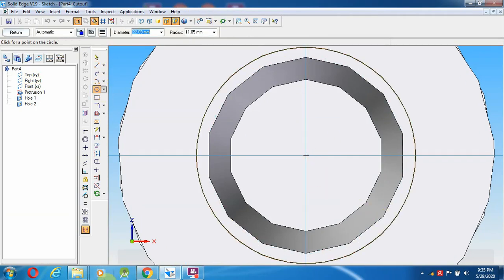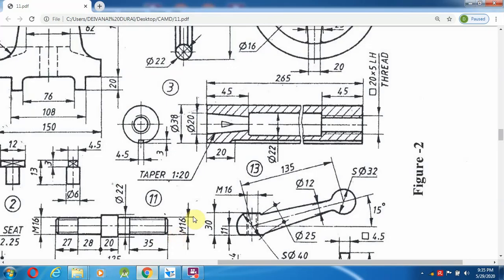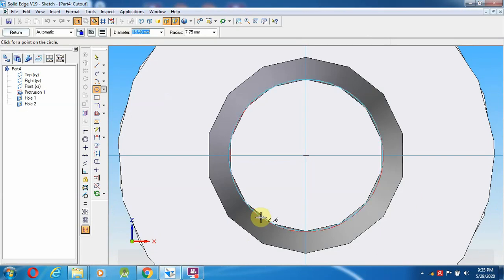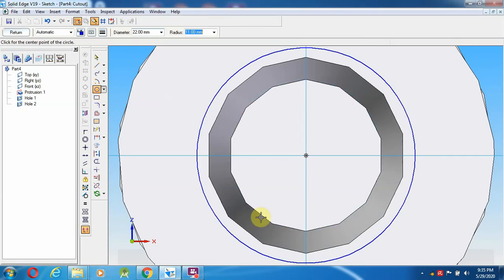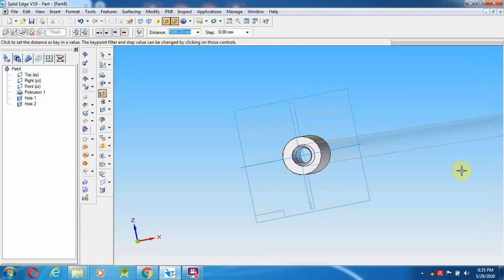What is the diameter we have seen? The diameter is 22 mm, and the length is 175 mm. Then give return.